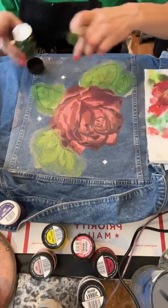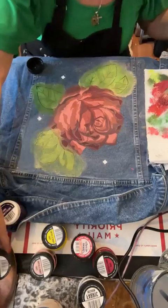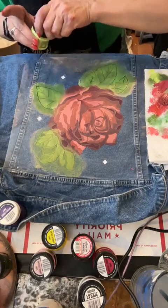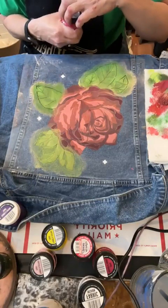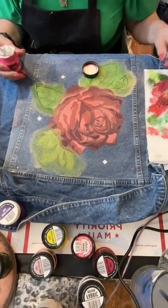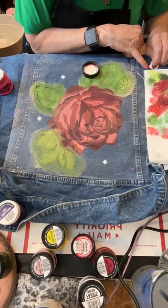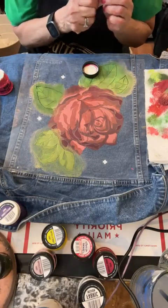Ready? Oh no, not yet. We haven't done the rose. Okay, for the rose, I might do pink. Oops, I messed up. My fingers are dirty, so do rose,